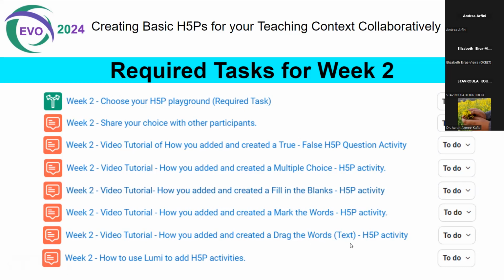When you post in the forum, you can suggest how you might use this activity type in your teaching context. That will be one of the requirements, and that way we'll share lots of ideas. We'll also share ours. Actually, we'll make our sandbox available to you as students to go through our activities as well.